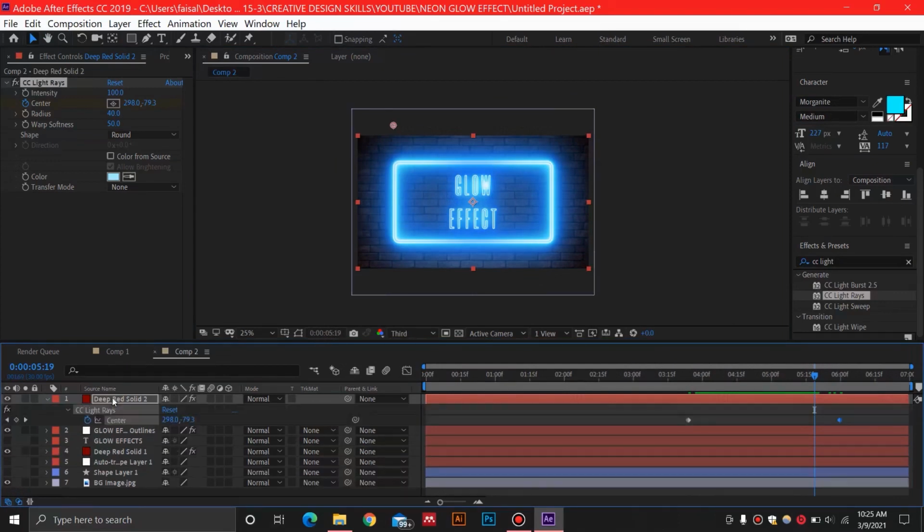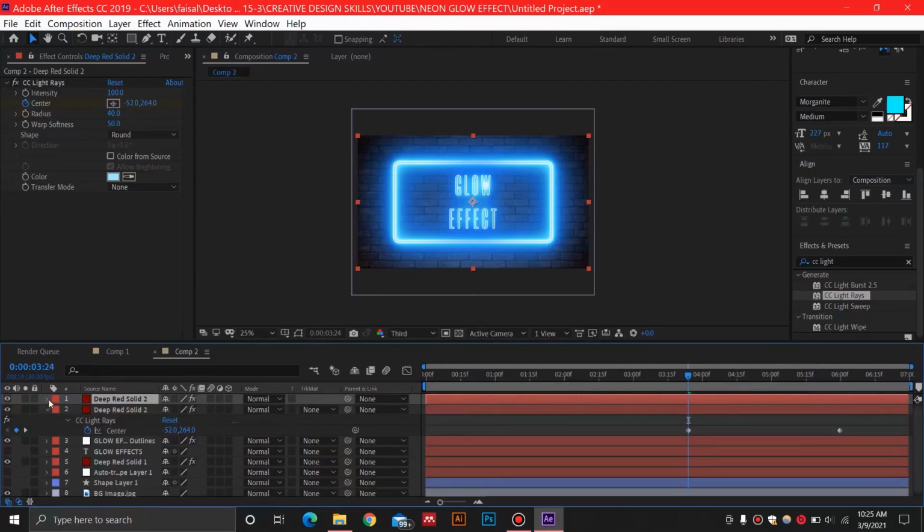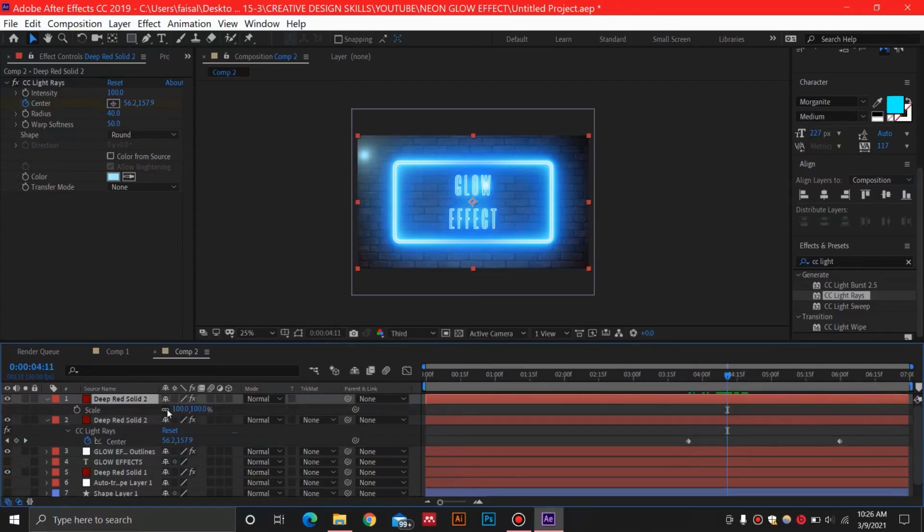Now we're going to select U on our keyboard, go back on this keyframe and duplicate this once. So press Ctrl D, and you are going to duplicate this. So we have this same effect doubled, but we want this light to appear over here as well. So we are going to select S on our keyboard to open the scale, unlink this and select -100, and then for the Y we are also going to select -100. So we will have the same effect, but coming from the opposite side.